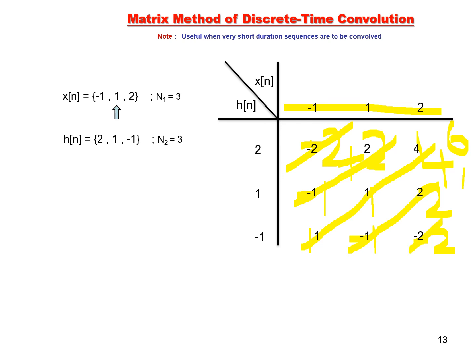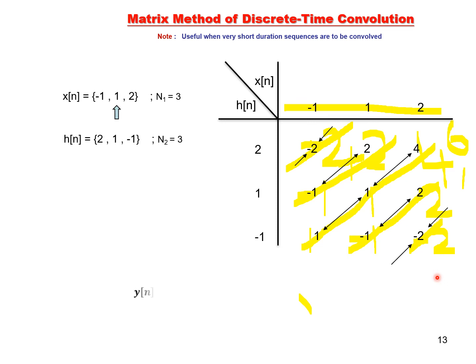This is what I am going to do. See, this is the first sample. First sample in the output is minus 2. Next sample is minus 1 plus 2, so it results in 2. Next sample is 1 plus 1 plus 4, that is 6. Next is minus 1 plus 2, 1. Last is minus 2.